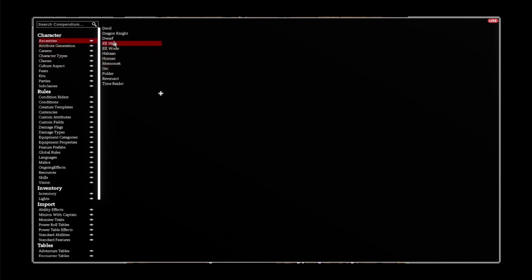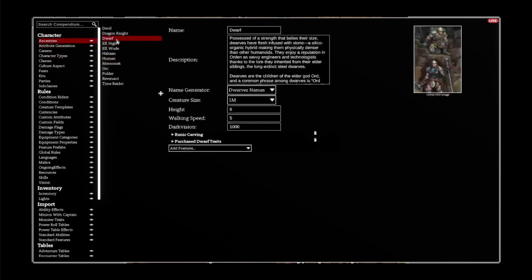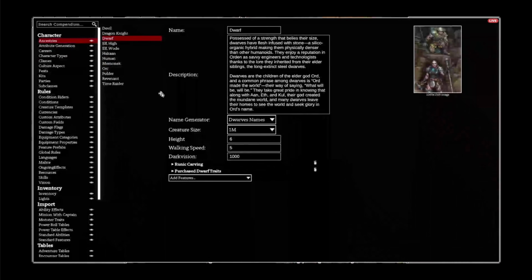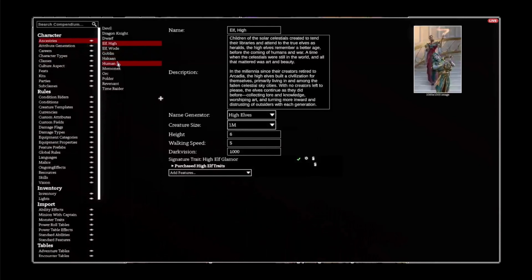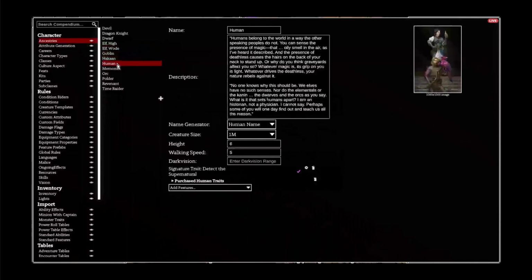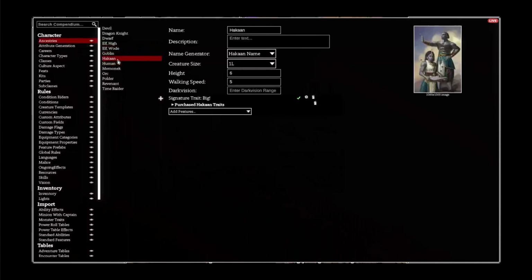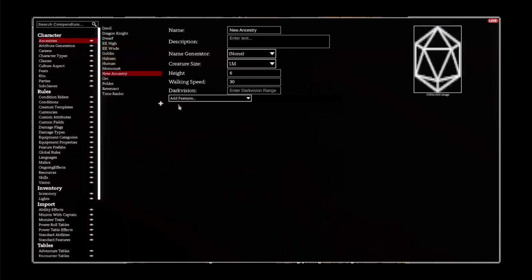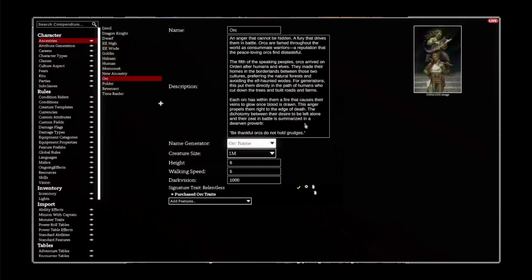So if you wanted to add a new ancestry to your game, you would hit the little plus button here and you can make a brand new ancestry. I see a couple of people added ancestries and then I guess deleted them. Maybe. And then you can change the name of your ancestry. You can edit it after creating it. And importantly, in the Codex, all